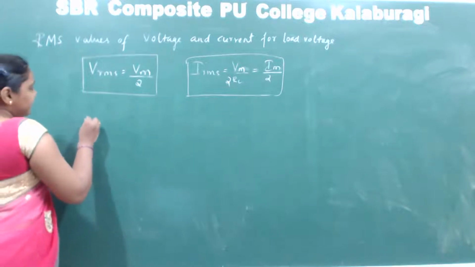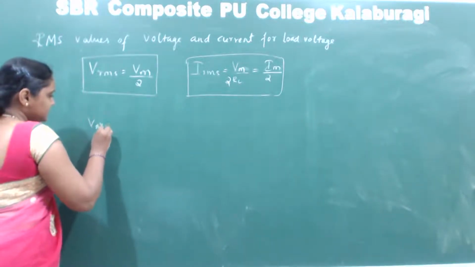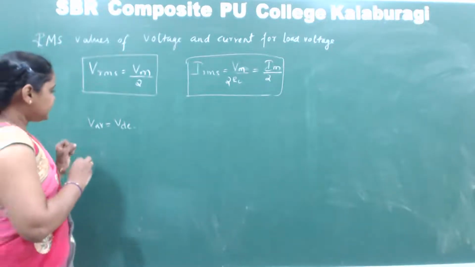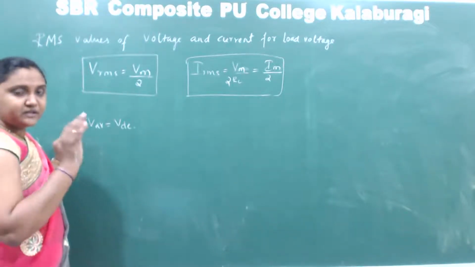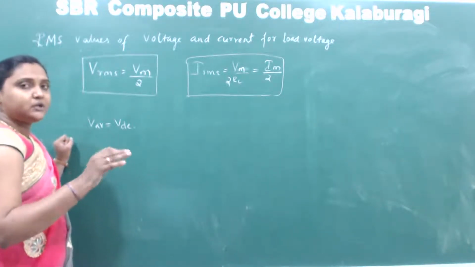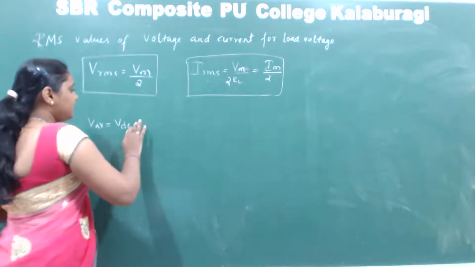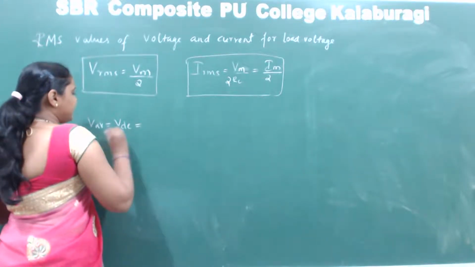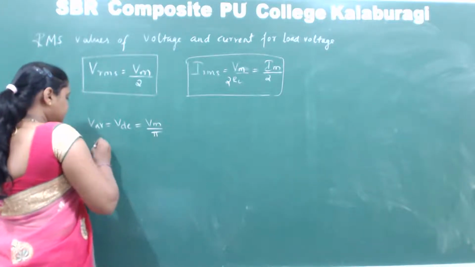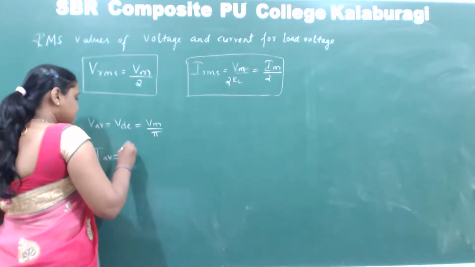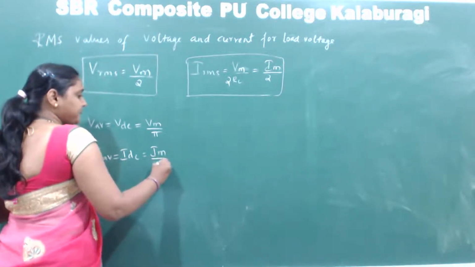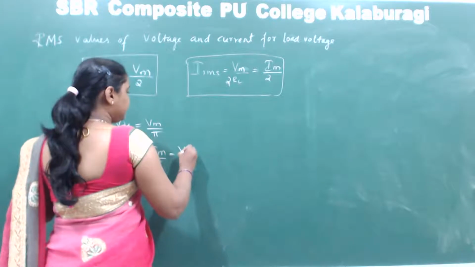So the average value, V average, is also called what? VDC. Why VDC? Because we are considering it for the load voltage, and the load voltage is considered to be a converted form of AC into DC. That's why we also call it VDC. VDC is given by Vm by pi,